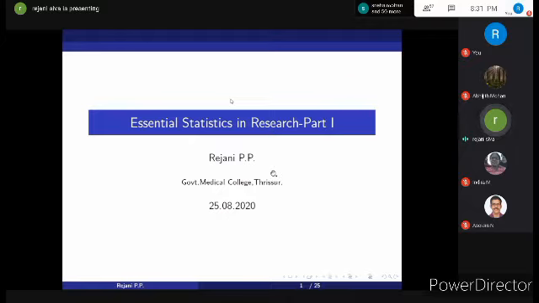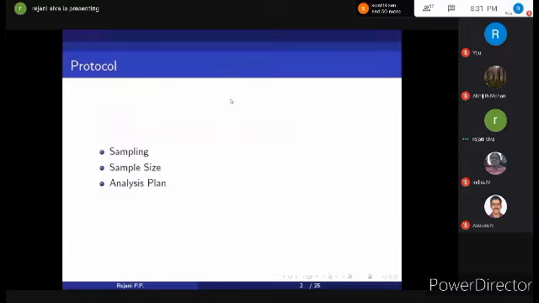Now you are at the planning stage and you want to prepare a research protocol. Have you ever gone through the protocol? Anybody? We have three sections to deal with in protocol. All these terms are related to some statistics, isn't it? First one, sampling. The second, sample size calculation, and the third one is analysis plan. How to fill up these sections with some awareness in statistics. That is why we have a topic on statistics.